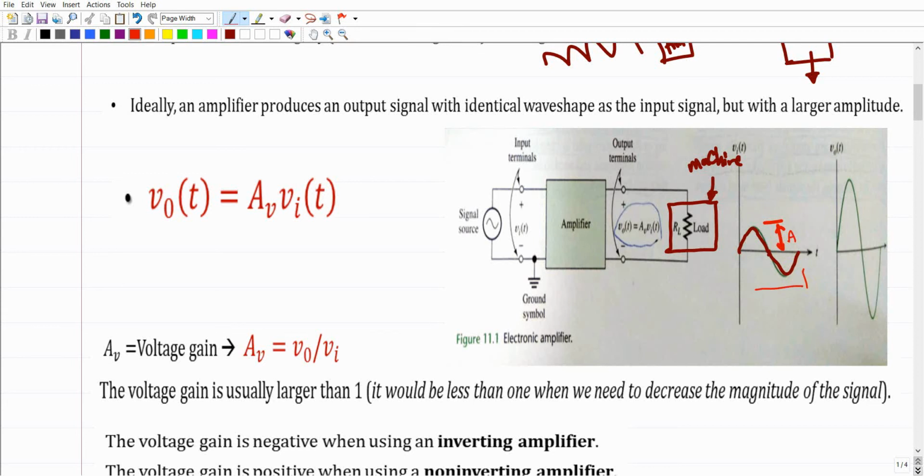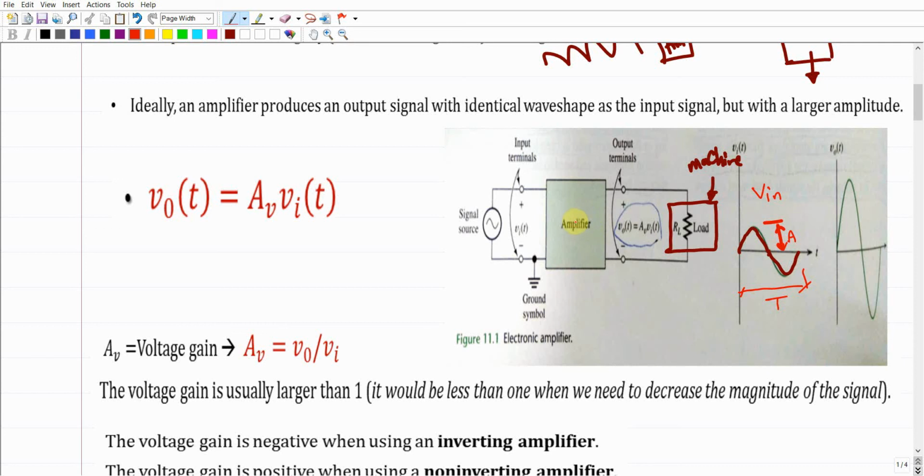In addition, it should have a wavelength. And this is the periodic time, because this is the time axis here. In addition, it should have a frequency, and we said the frequency is the speed of changing of this wave, completing one cycle per unit time, while the periodic time is the time needed for completing one cycle. So if this is the input signal, V input,